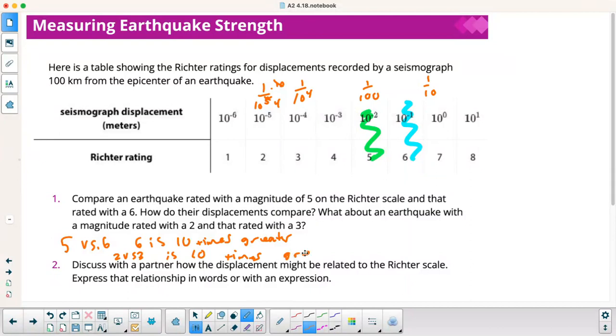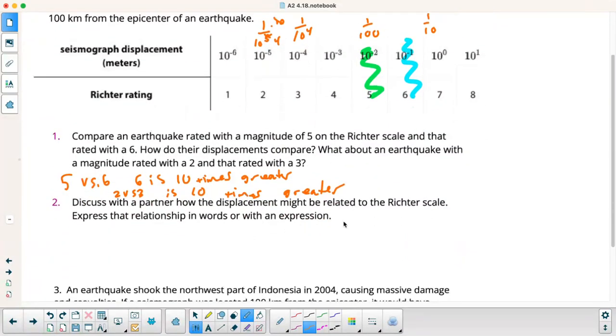Ten times greater as well. Okay. All right. Discuss with the partner how displacement might be related to the Richter scale. Express the relationship in words or an expression. Okay. So what we could say here is